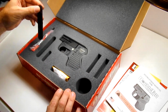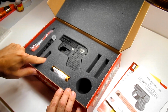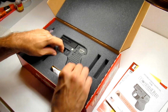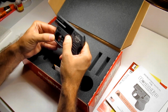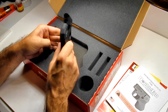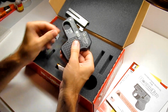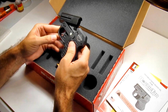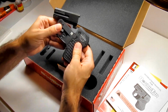You've got the 6-round speed loader. The 2-round speed loader is actually in use right now, and I'll show you where that is in a minute. And then you've got your DoubleTap 45. Very much unloaded. There's nowhere else to put bullets. There's no magazine. It's basically a 2-shotter. So I'll get rid of the box and the paperwork, and we'll come back and take a closer look at